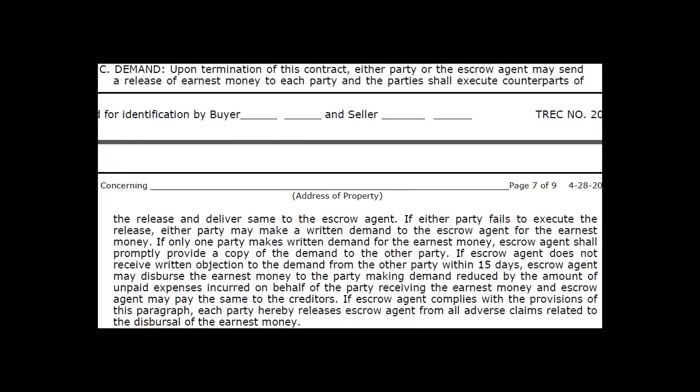C, demand. This is a fun little paragraph, and this is something that you hope you don't have to encounter, but if you just close enough deals, I guarantee you will encounter it at some point or another. So let's just say that the deal falls apart and somebody's in default, they didn't uphold their obligation. Well, in that situation, a lot of times there's going to be a dispute as to who the earnest money is owed to. Well, the title company's an unbiased third party. They've got no reason to favor one side or the other. So the title company is going to ask for a release to be signed by everybody. Well, if somebody doesn't sign that release, then what can happen is